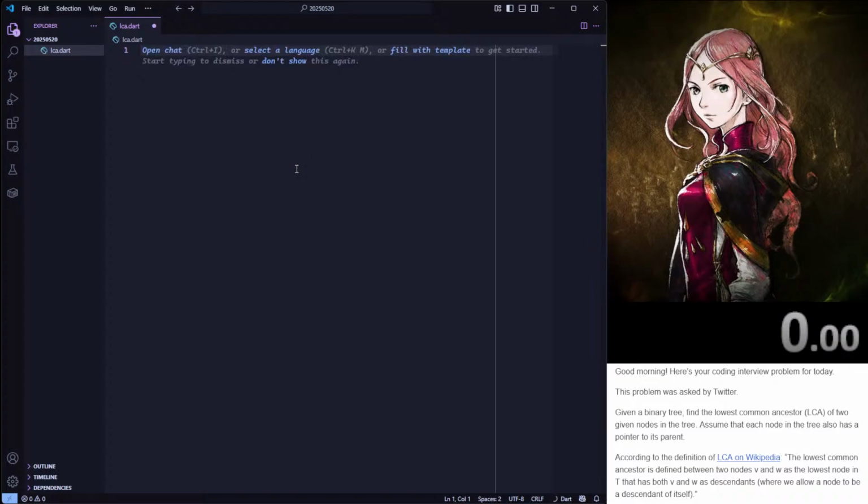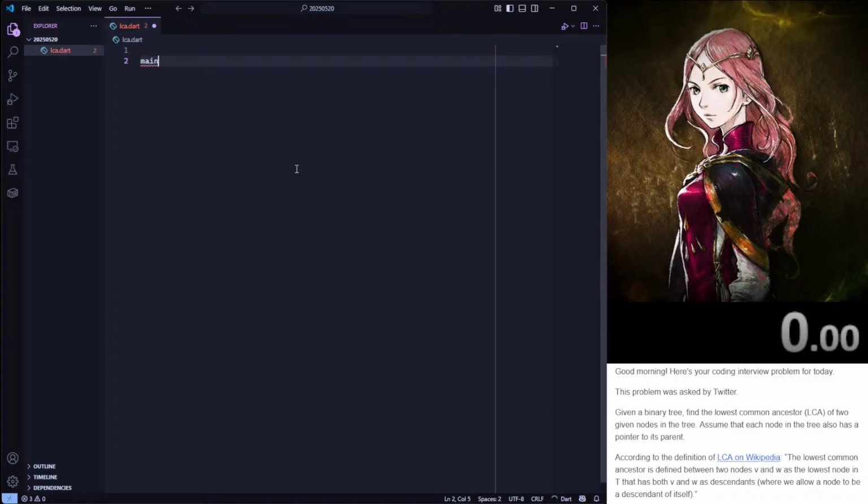What do we have? First of all, let's see what the external requirements are for this function. So let's say I have two nodes. I don't really need them to have any content, so let me